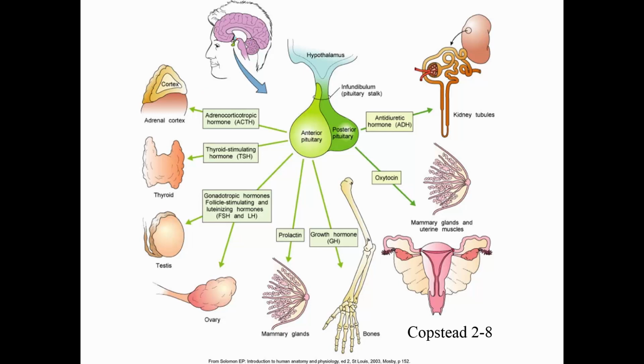So many of our endocrine systems start in the hypothalamus. This is how the brain can interact with the endocrine system. So you can have stress or various stimuli having their effects on the hypothalamus. The hypothalamus then can produce a chemical agent that goes through a portal system and then interacts with the anterior pituitary. Anterior pituitary produces a number of protein hormones. So adrenocorticotropic hormone, or ACTH, which is then going to have its effects on the adrenal gland. Thyroid stimulating hormone, or TSH, which is then going to have its effect on the thyroid.